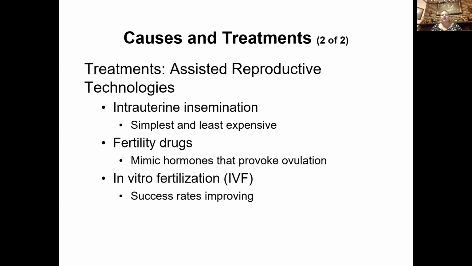So that's one way to do it. And this artificial insemination works well for same-sex couples, if you're females, or if you have other types of issues. Fertility drugs are another way that infertility can be treated. They can mimic hormones that provoke ovulation. One of the things about the fertility drugs is that oftentimes those drugs are causing you to have follicles ovulate, and oftentimes more than one follicle will develop, and then those follicles will ovulate at the same time,